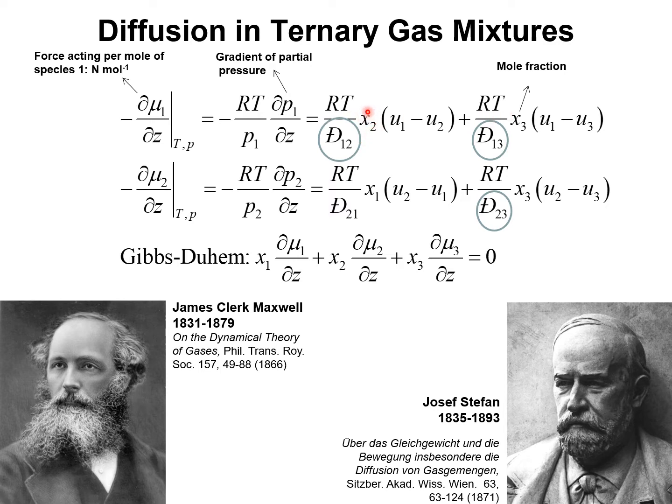The 1,2 friction is proportional to the relative amounts of 1 and 2, and therefore we introduce the mole fraction x2, and the friction between 1 and 3 should be proportional to the relative amounts of 1 and 3, and therefore we introduce the mole fraction x3 here. The constants of proportionality are the drag coefficients. In the Maxwell Stefan formulation,